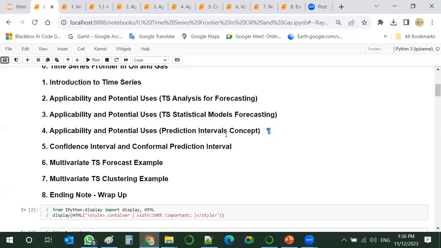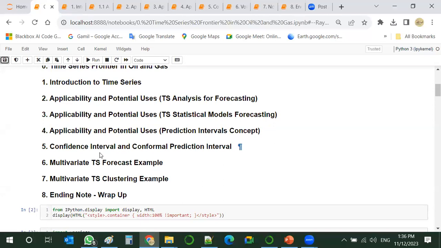That is a very important step, I believe, that most users do not really take care of. This is to quantify the uncertainty associated with our models and our model results.